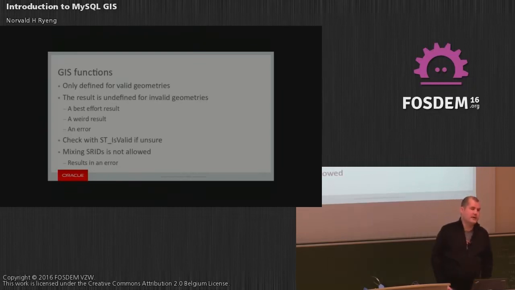That's the typical way of handling this, because you can't really guarantee anything with invalid geometries. So you need to make sure your geometries are valid if you're going to use them for computing intersections and unions and so on. Or maybe, actually, union might be one where you make an effort and try to